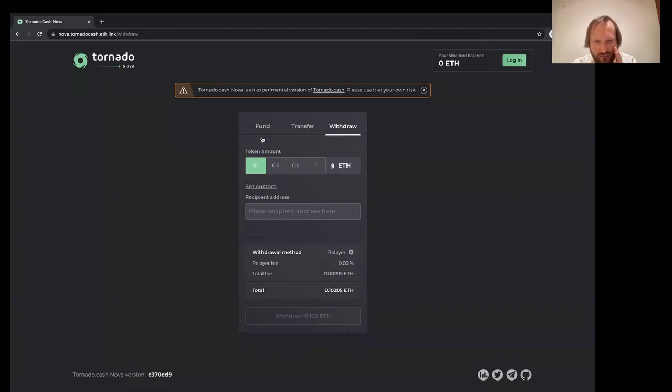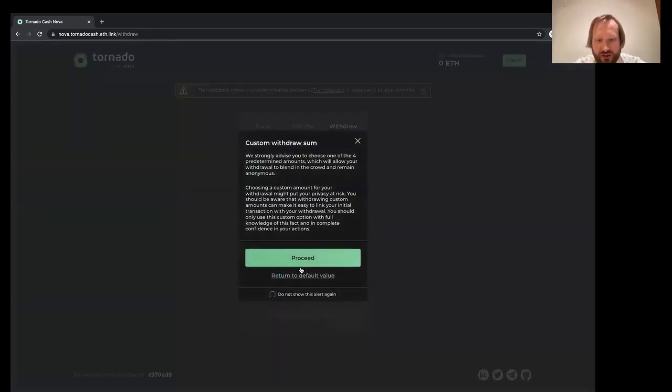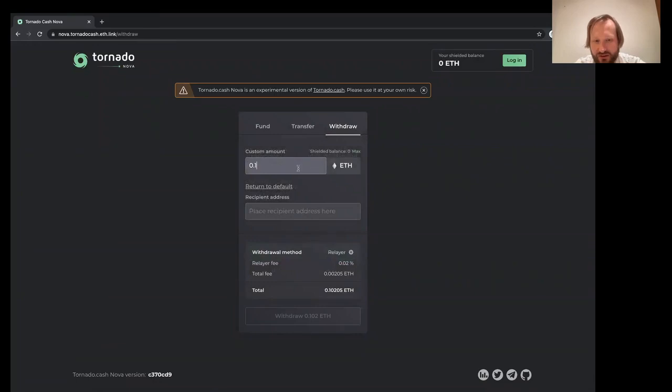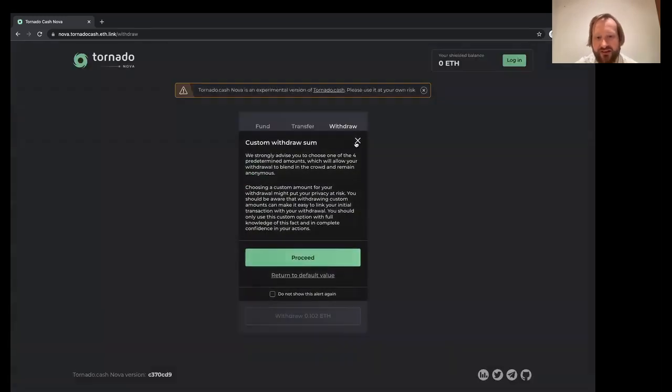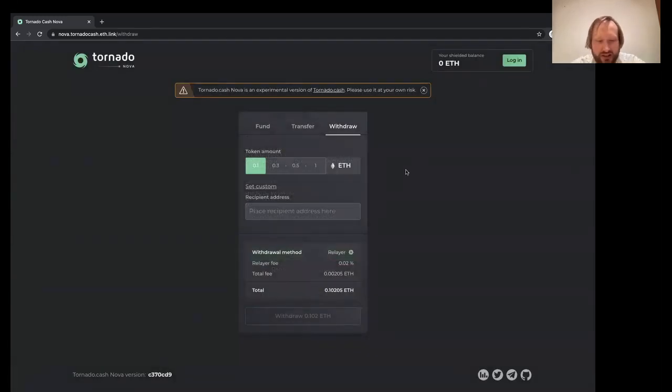And then you can withdraw some amounts. You can withdraw any amount you want, but the UI will recommend you to withdraw some typical amounts so you better blend with the crowd. This is to prevent users from, so even though custom amounts are available here, if you deposit like 1.35 Ether and then withdraw exactly 1.35 Ether, you still will lose a lot of privacy.